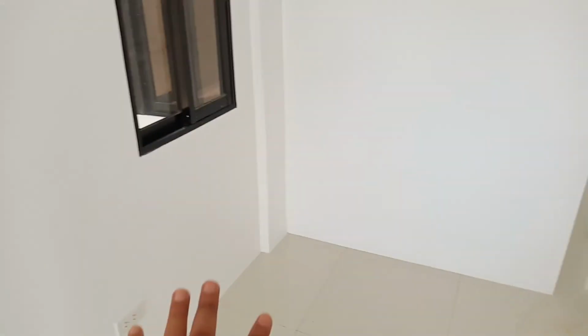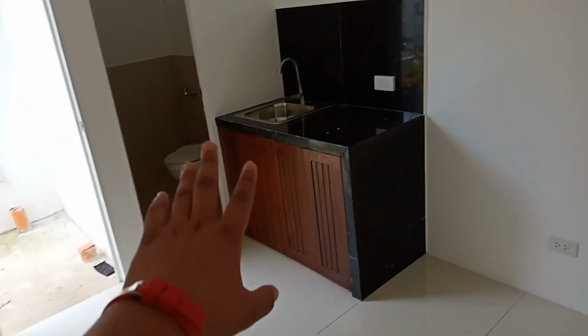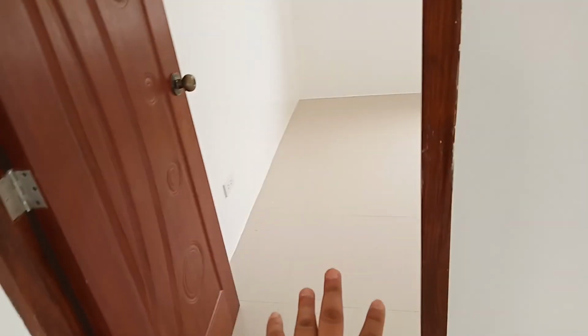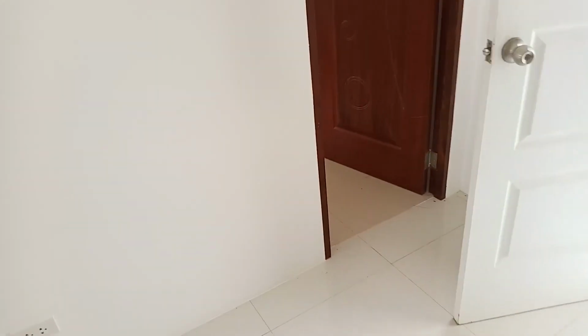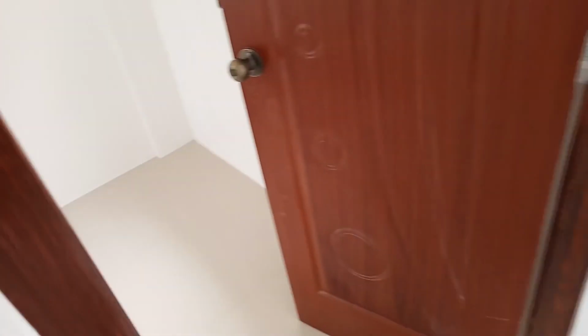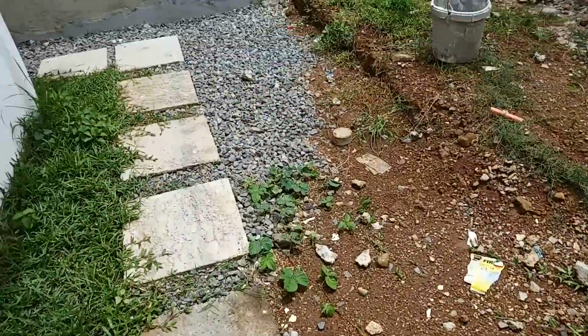So this is your living room. Dining, CR. On the right side is your second room, because your primary room is here, the master's bedroom. And then at the back, this is your dirty kitchen here. Your boundary